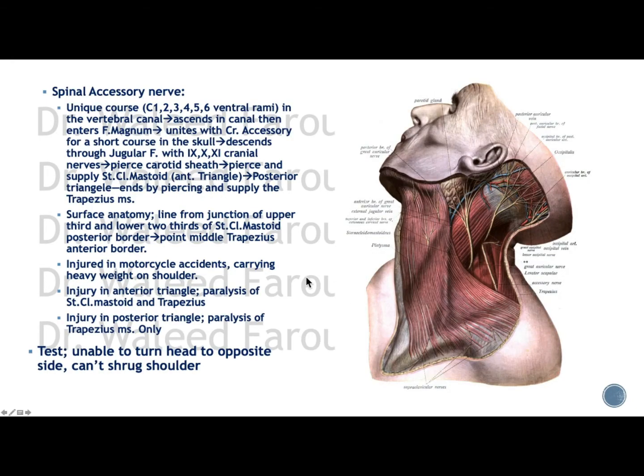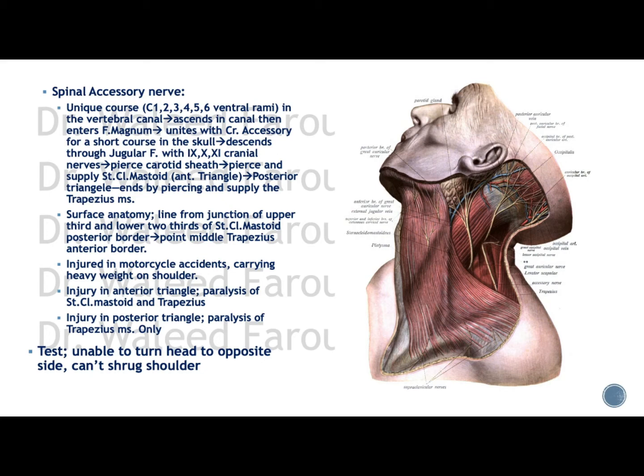We're still talking about the contents of the posterior triangle. Now we will come to a very, very important nerve, the spinal accessory nerve. The spinal accessory nerve has a unique course. It arises from C1 till C5 or 6 spinal cord segments inside the vertebral canal. They unite together to form a single nerve that ascends upwards, enters the foramen magnum, meets the cranial accessory nerve, which is cranial nerve number 11,